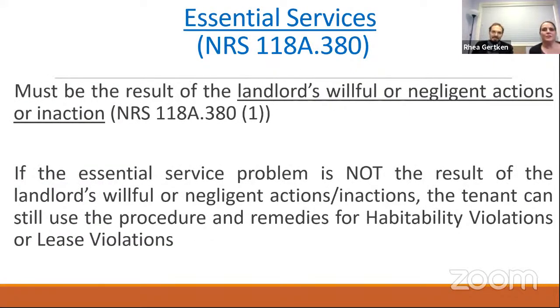So also for essential services, if you want to use this remedy, which is a little bit different than the habitability remedy, it can't just be broken or missing. It has to be a result of the landlord's willful or negligent action or inaction. So if the essential service is not the result of the landlord's willful or negligent actions or inactions, then you can still use the procedure of habitability violations or lease violations, but you can't use the essential service